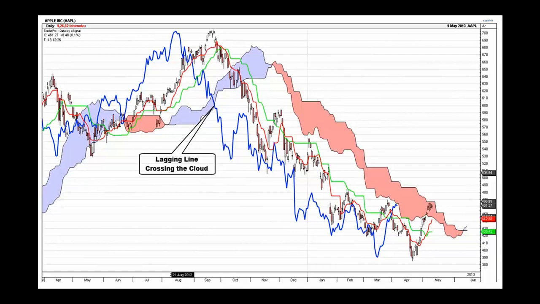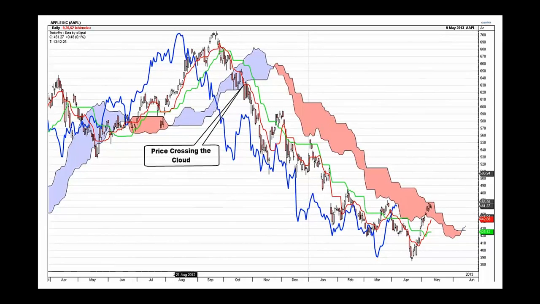So I'm going to skip this first one right here because it's not that important. So I'm going to go to the second one, right here. You can see how we've got 1, 2, 3 closes below the cloud right there on Apple. Well, that's when we're going to short Apple in that example. And then we're going to hold it until we get 1, 2, 3 closes back above the cloud.